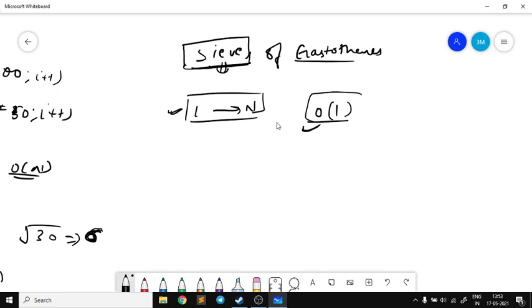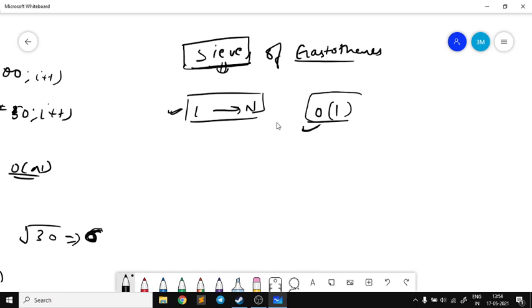So what is the basic idea? We know what prime numbers are: prime numbers are those numbers which are divisible only by 1 and n itself. So if a number n is divisible by any number less than n, other than 1, that means it will not be a candidate for a prime number. It can never be a prime number because it is divisible by another number which is not n or 1. So the main idea is that we eliminate all those numbers which have divisors less than themselves, which are not prime numbers.